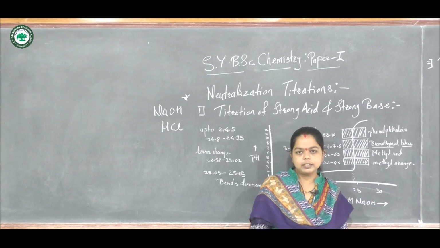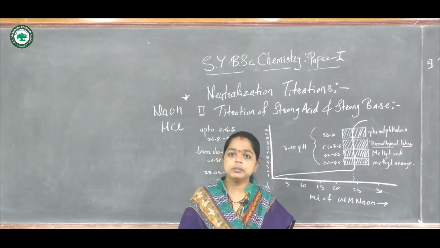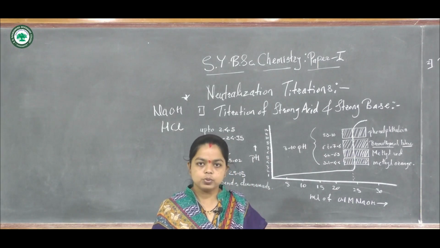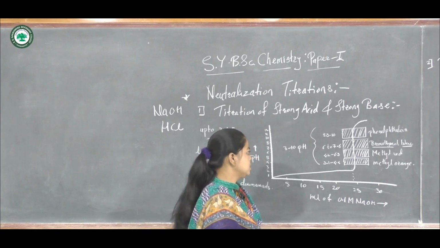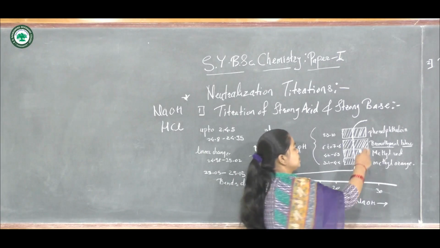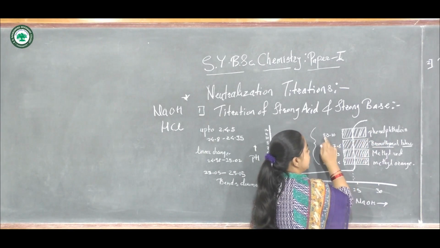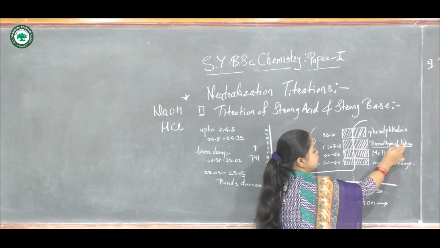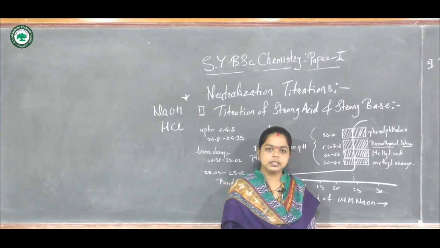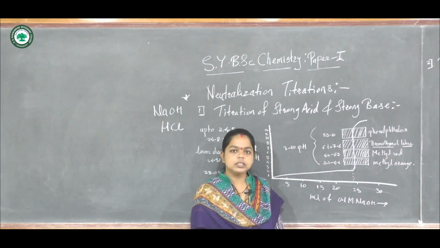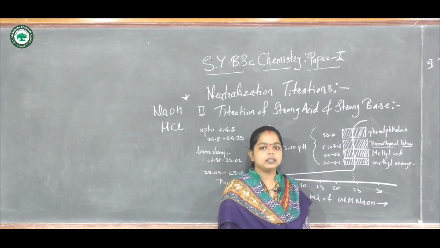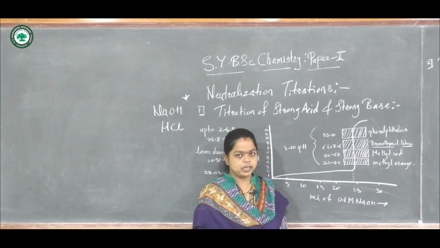So all these indicators can be used for the titration, and they are called suitable indicators. We can see here phenolphthalein, bromothymol blue, methyl red and methyl orange. All these indicators have a transition range within the endpoint pH units of 3 to 10, so they act as suitable indicators for this titration.